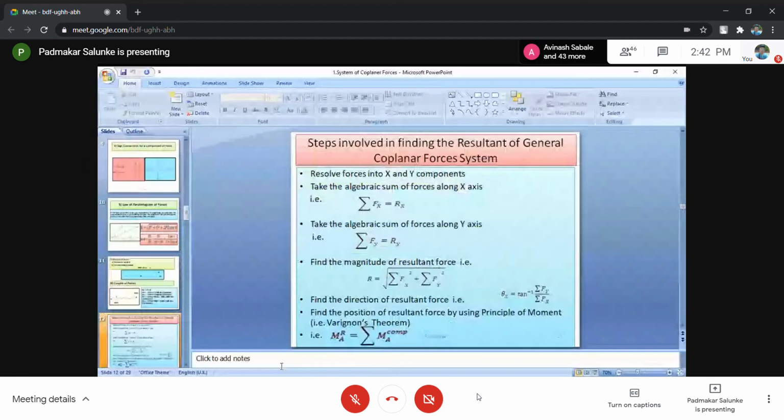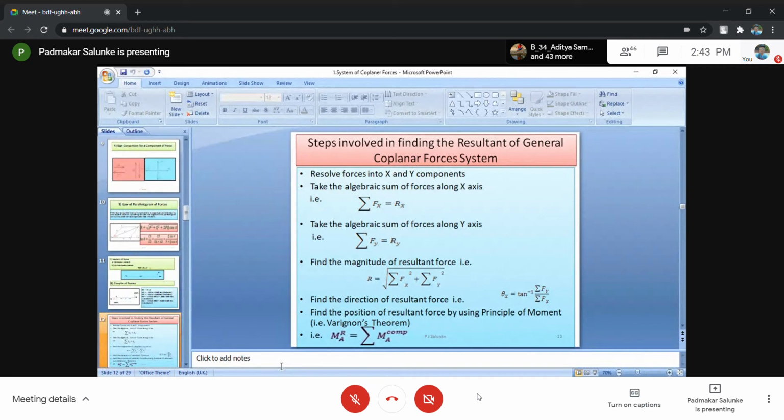Okay. So friends, till this moment you have seen a number of operations. Once again, I will revise. Number one, you have seen the line of action of the force. Next, the law of transmissibility of the force. Third, the resolution of the force. Next, the components of forces. After that, the law of parallelogram. After this, some more operations: the moment of a force. Then coming to the real point.